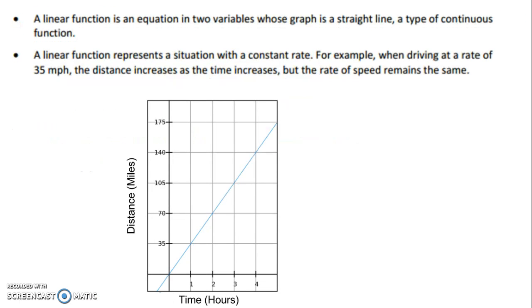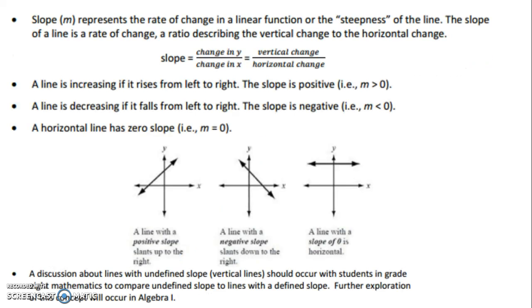Students will begin their discussion of slope in 8th grade with the definition of linear function, a situation with a constant rate and a type of continuous function. Teachers help students make the connection with prior knowledge of slope as a vertical change over the horizontal change, or the rate of change. Students must know that the value of the slope represents the steepness and direction of the line. 8th grade is the first time students experience negative and zero slopes. While undefined slope usually accompanies this learning, students in 8th grade only discuss this in comparison to lines with a